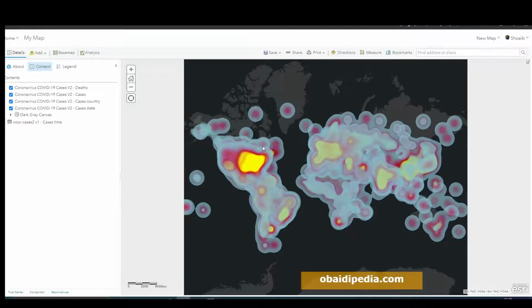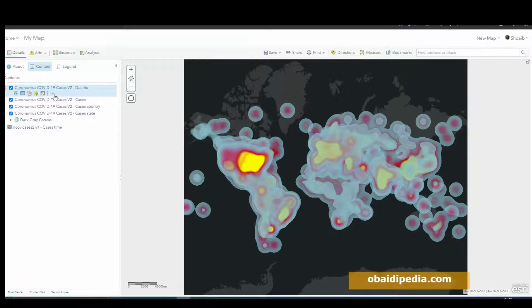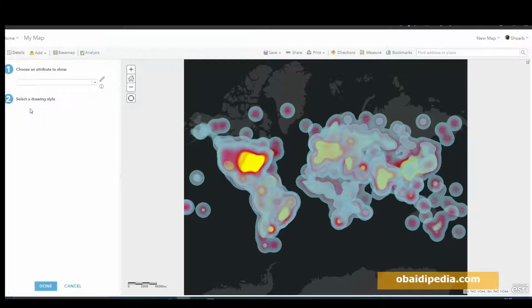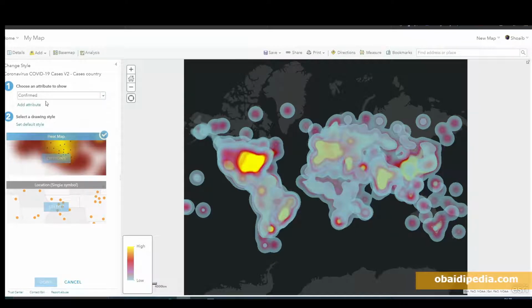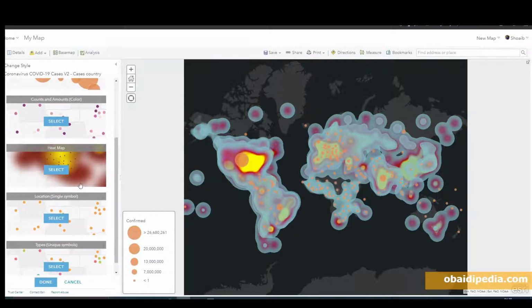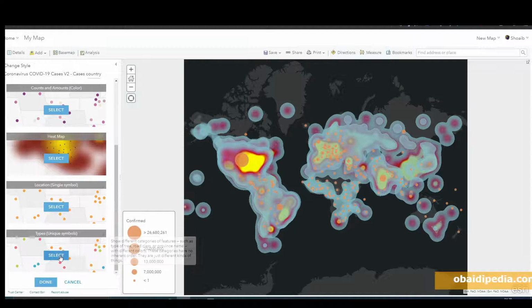Besides a heat map, you have different options, different formats as well. You can display the attributes or information in different formats. So you can choose, for example, the deaths or country based. Let's choose the country based information. For example, let's choose confirmed cases. Based on that, it will give you different options. So if you choose this one,